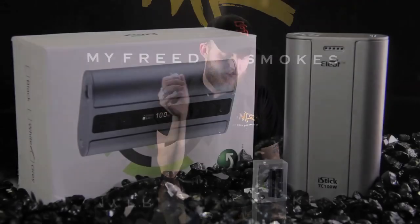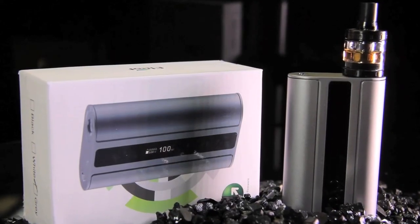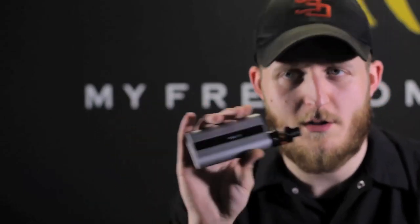Today we're going to be talking about the iStick TC 100 watt box mod. Now, iStick has come up with a couple different 100 watt devices in the past, so this is a new iteration of it. You do have temperature control on this, and there is no firing button. You actually squeeze the unit to get it to work,